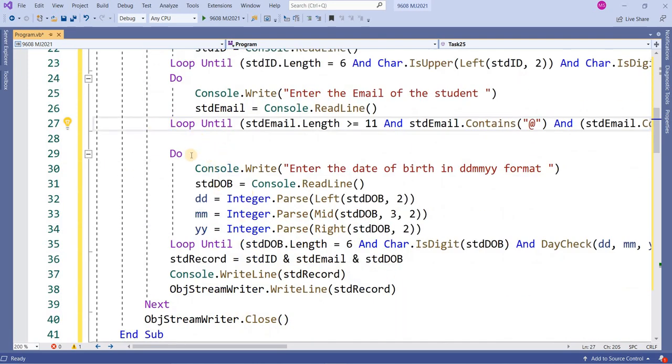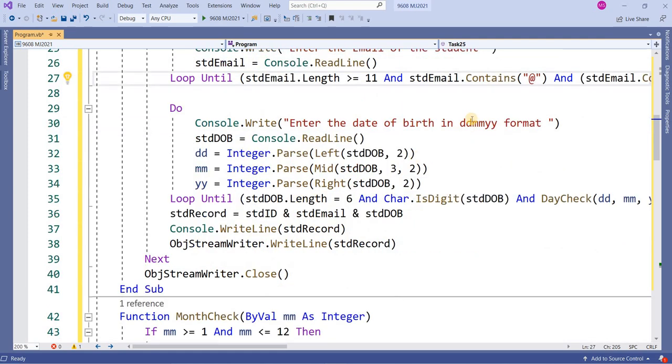Here, enter the date of birth in DDMM format. I have applied validation here. First of all I want to separate it, because this is in string format. I use integer.parse on the left of std dob2 to get 2 digits, just like a day.